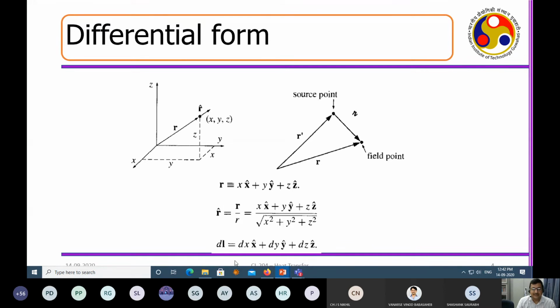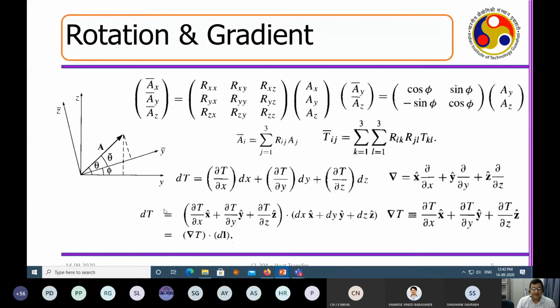is a position vector, dr is a differential position vector. Okay. dT is what? Change of temperature. Gradient of T is a vector. dr is a differential vector, but the dot product between these two gives dT, which will be a scalar. It's the overall change in the total space. So dT is a scalar, but it's a dot product between the two.